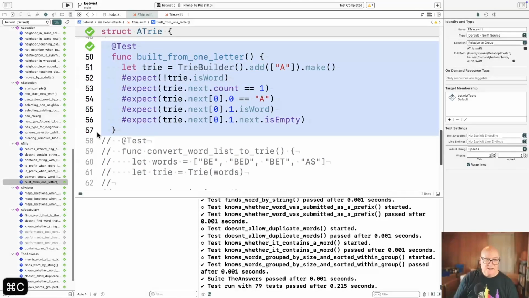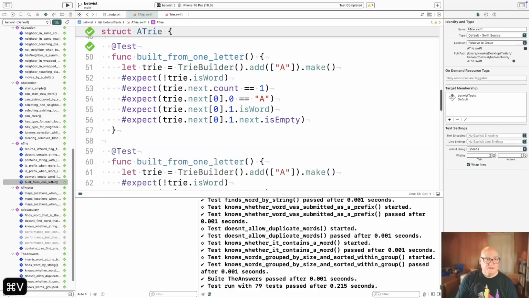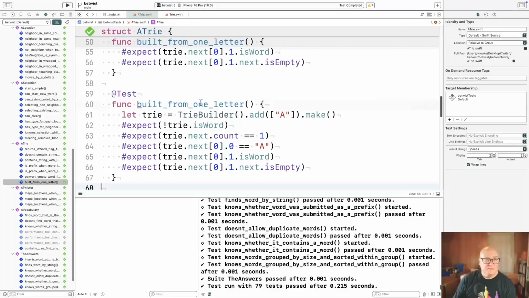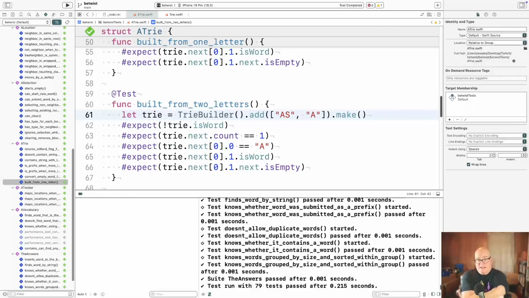Let's extend. Okay, build from 2 letters. Okay, and I'm going to add them in the backwards order to kind of demonstrate that works, as well as adding them. So if I add AS and A,